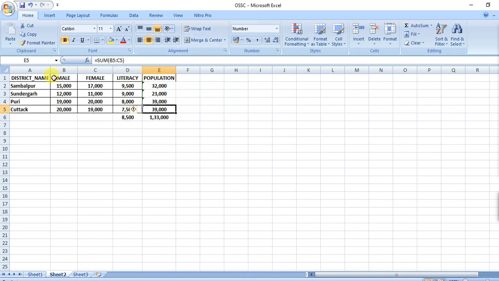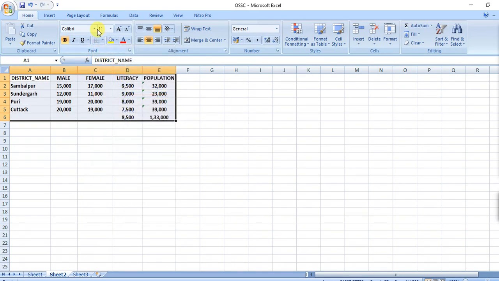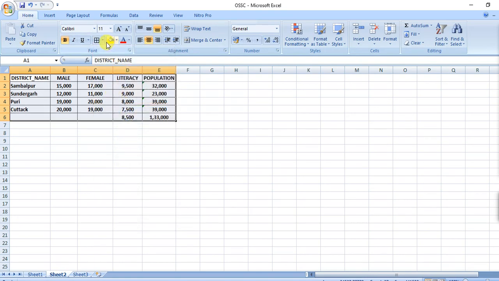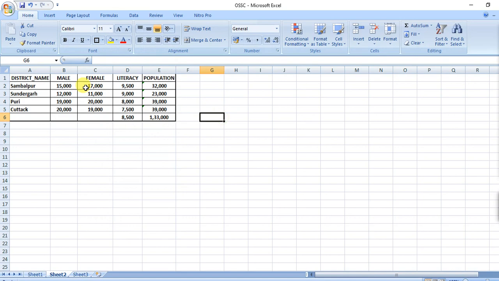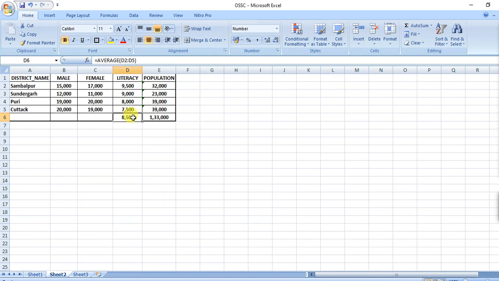And I am just selecting all those things first. No borders. I am selecting border, all border, then selecting thick box border. It will be much more beautiful. Fine. Then insert any type of 2D clustered column chart of the table given in part A and display it in the same sheet without overlapping. Okay, so